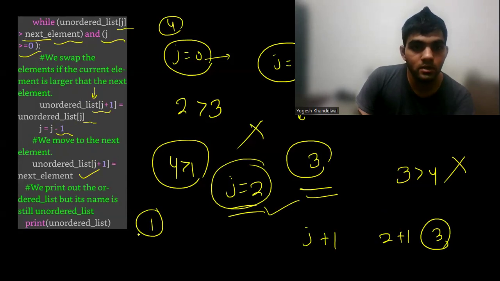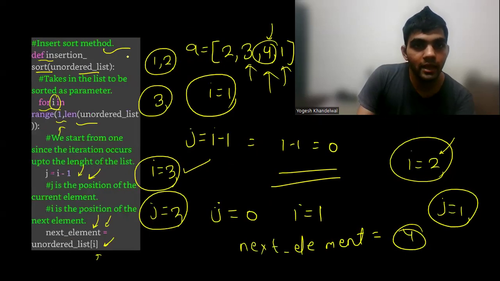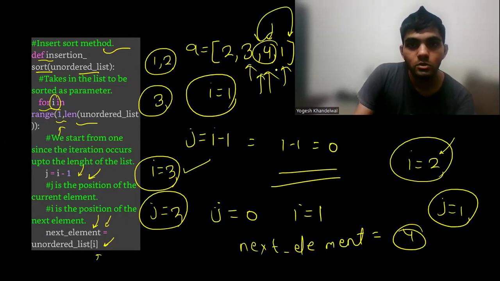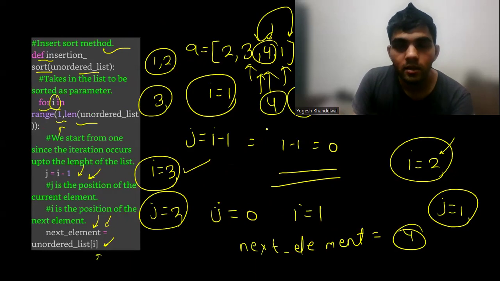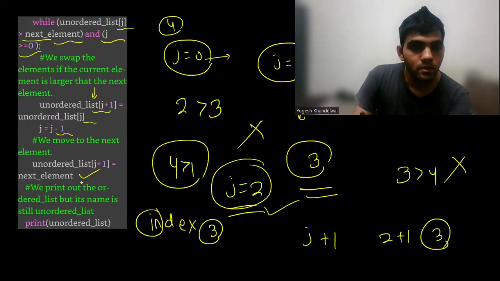So the index, the third element, will become like this, 4. So these both elements are swapped. So 4, and in the place of 1 now it will become 4. Here it is also 4, we are not changing this, but in the place of 1 it will become 4. Then we are decreasing j by 1. So j is currently 2 and we decrease it by 1. So j will now become 1.